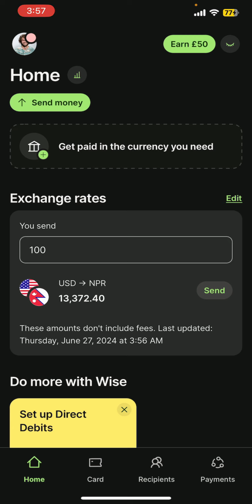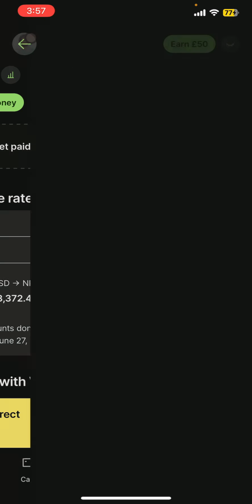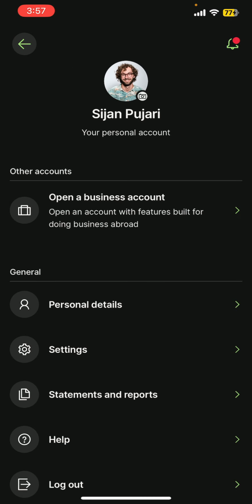First things first, I assume that you already have downloaded the Wise app and already logged in. Right after that, once you open it, you'll be able to see the interface or dashboard of the Wise app on the screen, where you can see your profile picture at the top left corner of this dashboard. So simply tap on that profile picture, and now you can see the settings option at the bottom of this